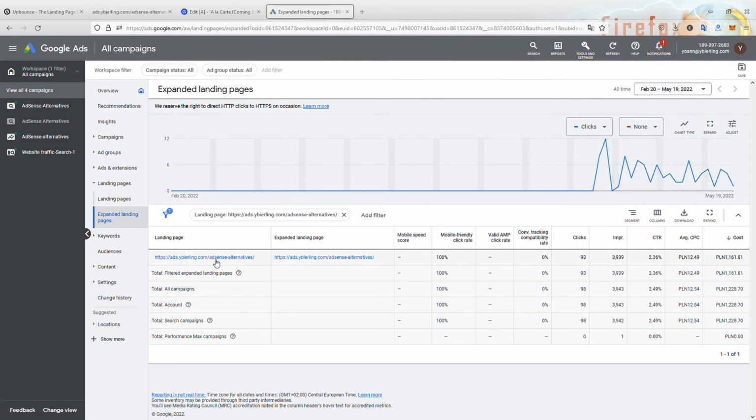So as you can see, I have this Google Ads campaign that is driving traffic to this landing page, ads.ybling.com/AdSense-alternatives. So as you can see, I drove 93 clicks. This is what we saw on the Unbounce dashboard before. Of course, a few clicks are out of it because I also clicked myself. But generally, you will only see the clicks that you drove. You can also reset